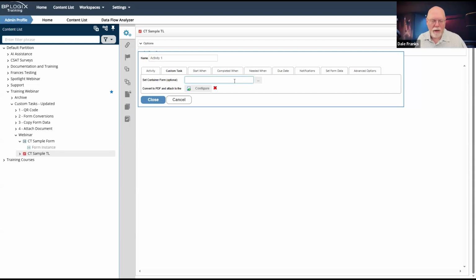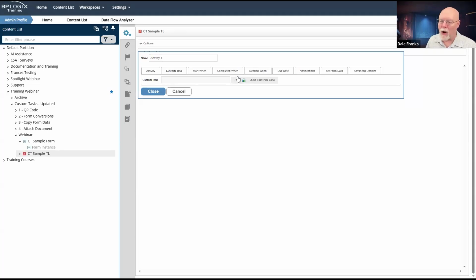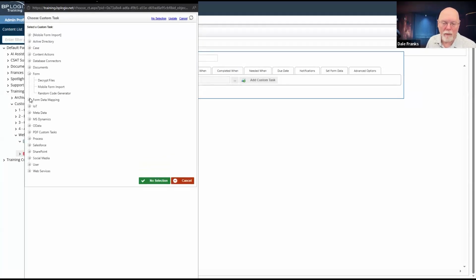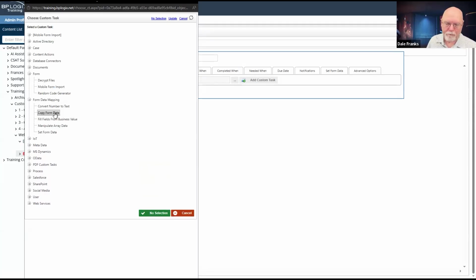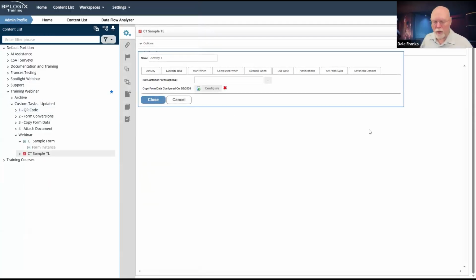For example, instead of doing convert to PDF, let's pick one where I do actually need it. So we'll go to form data mapping, copy form data. So I'm going to copy data from one form to another. Well, the form from which I am going to copy does need to be specified in the set container form.